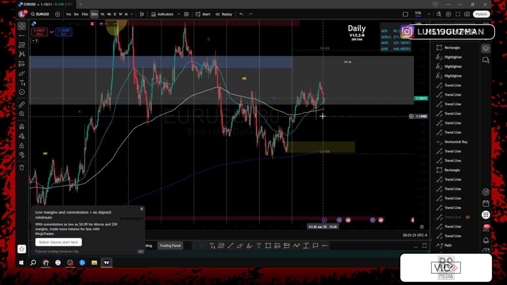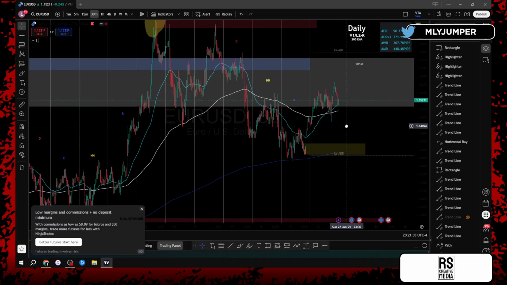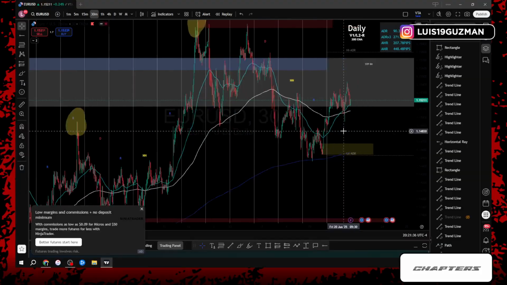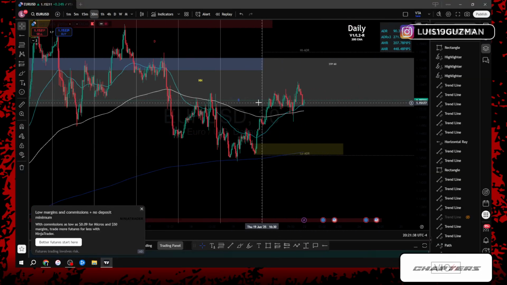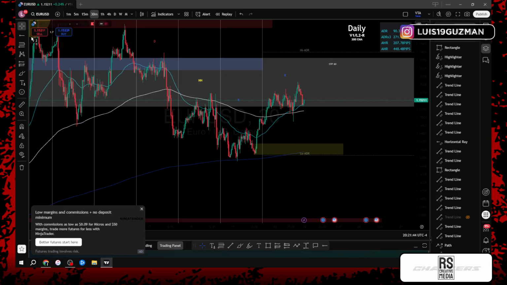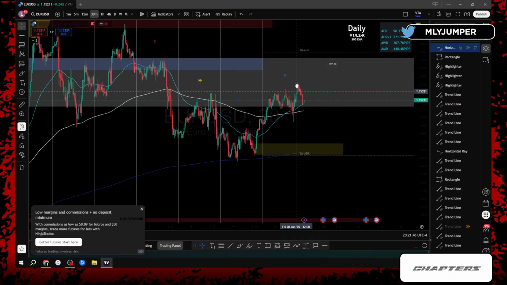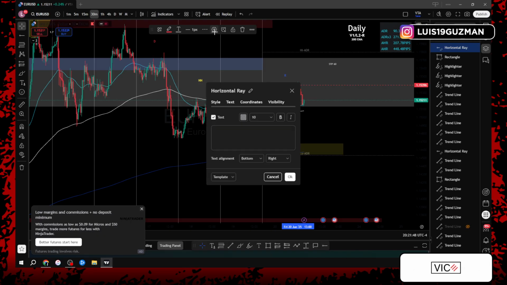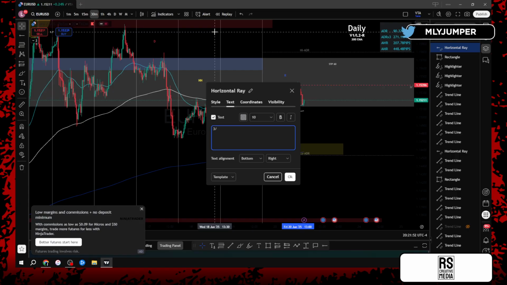So again, at this point, it is still a pair that's in an uptrend. We can't sit here and deny that. This is a pair that has 2 days of rise. Could we expect price to give us a third day push? Again, it could happen. Definitely could happen. So again, we'll keep an eye on it. We'll see what happens.